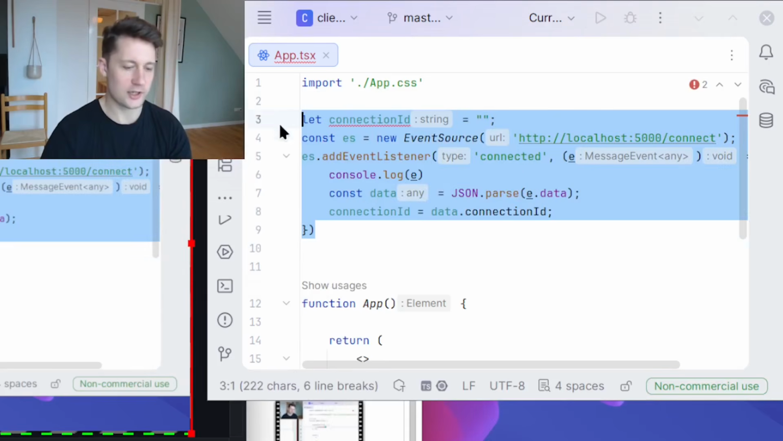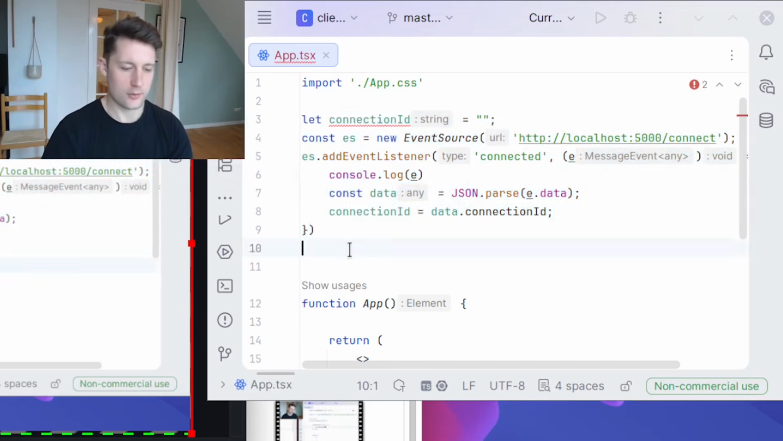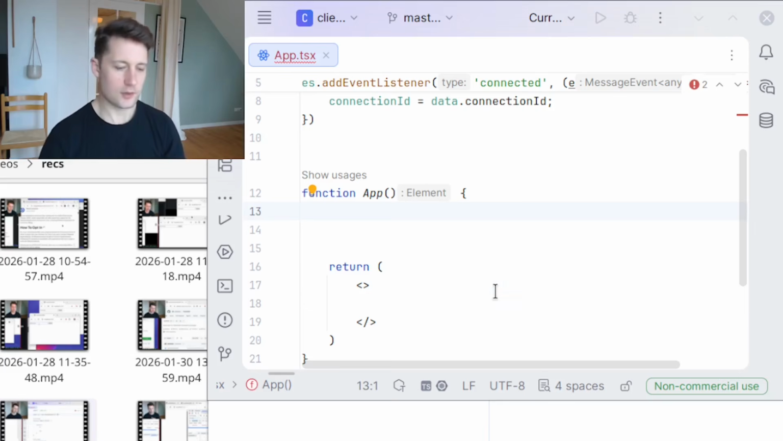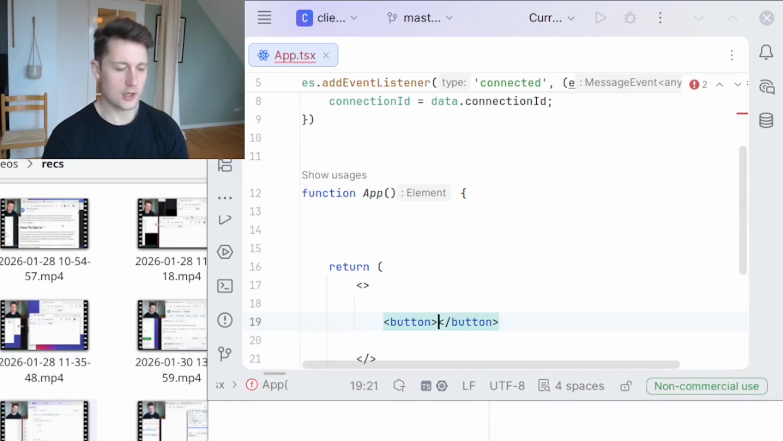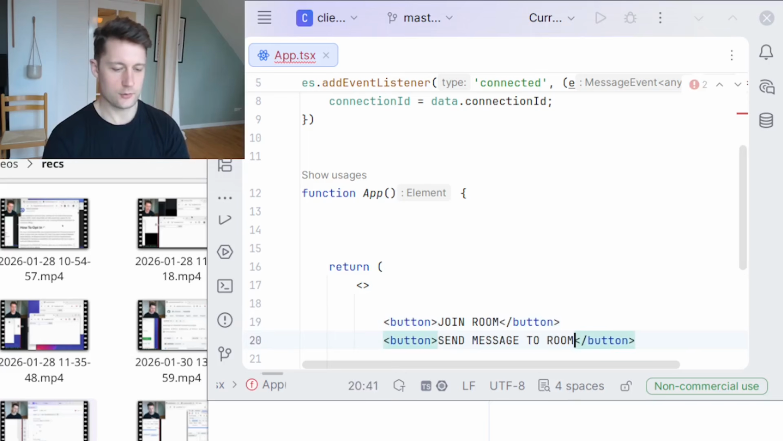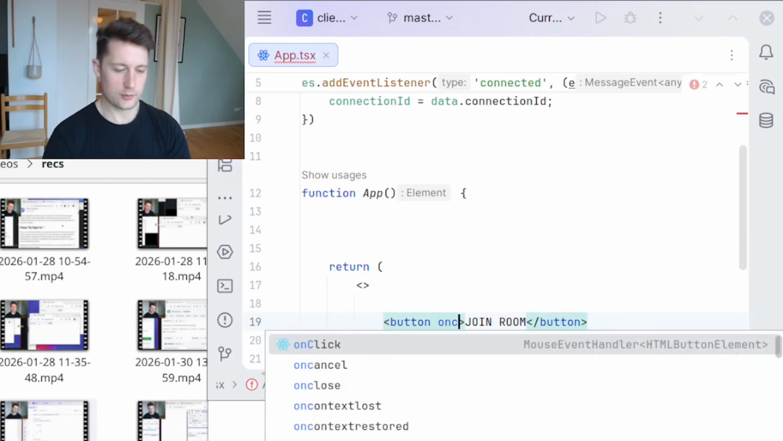This will work in any browser front-end framework that you're using. It doesn't have to be a React application. So that's why I'm showing it like this. So now what we're going to do is I'll make two buttons here, one for joining a room and then one for broadcasting into the room. Then I'll just demonstrate what's actually going on under the scenes here. So here I'll do a join room and I'll duplicate this, send message to room, and we'll do on click